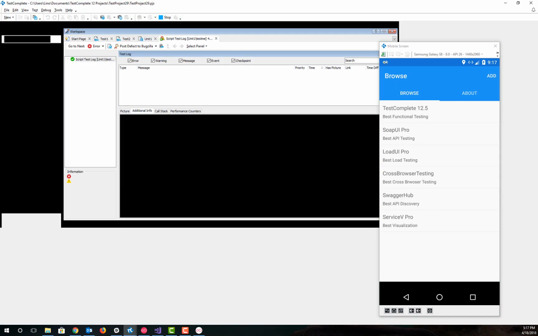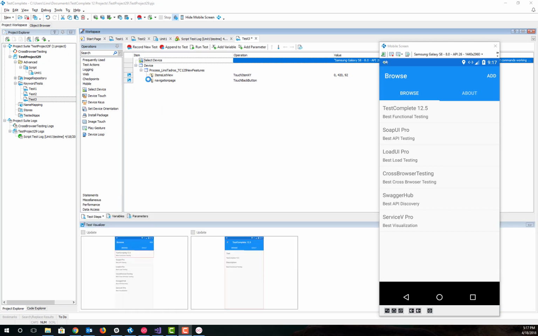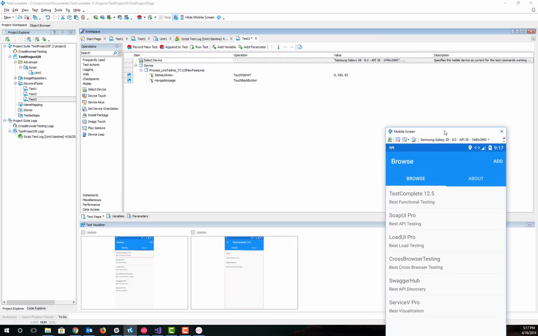So let's stop and see what exactly TestComplete did for us in JavaScript for that recording. As you can see in here, now it's not using images, it's using real objects. I'm going to move this a little bit down. Notice it selected the device. The nice thing about selecting the device is that you can leave all your code written as is, and then you can change the devices on the first line. It can go from a Samsung Galaxy Ace to a Sony to a Google phone, and you can also go to an iOS phone or an iPad or whatever, but the code does not have to change. That's the nice thing about Xamarin Forms, all of it will be based on the same exact code. Alrighty? So there you go, you got the process for the application, the TC 12.5 new features, and